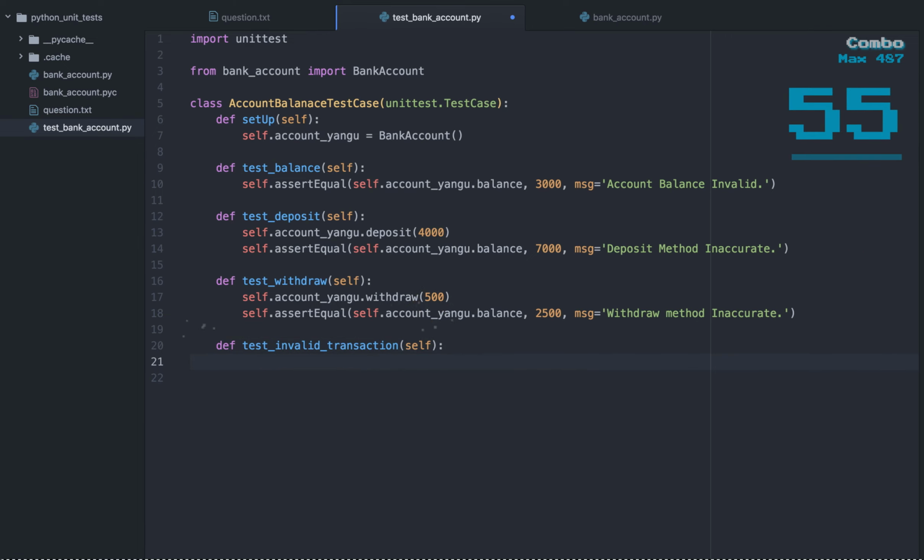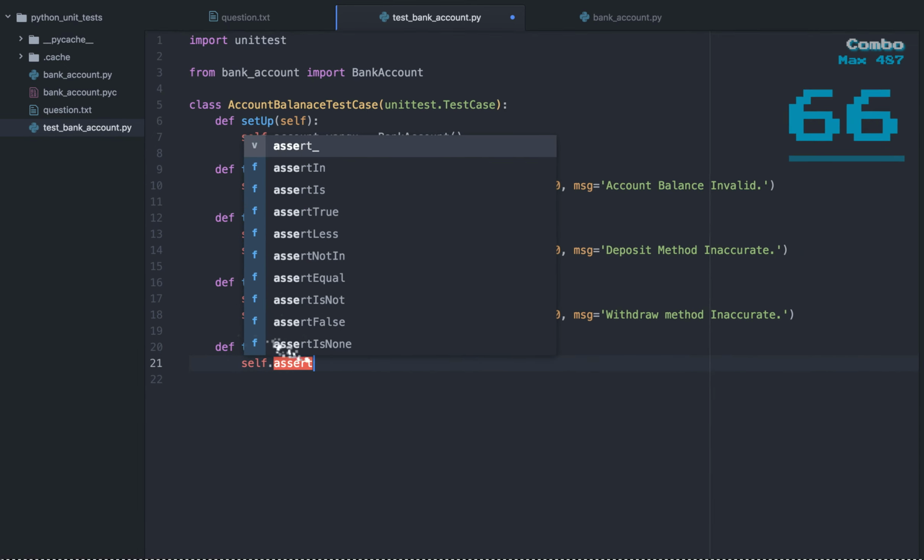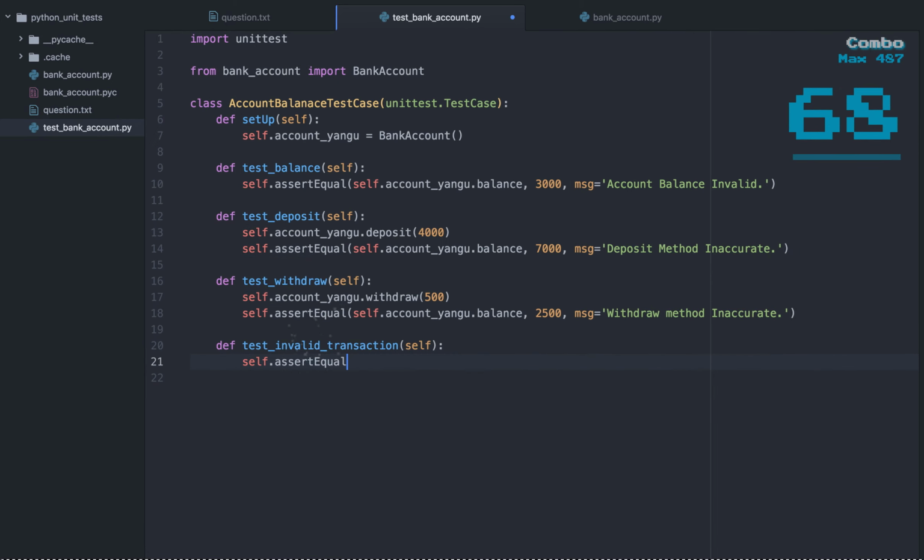So we'll use the assert equal method, and then it will be self dot account yangu dot balance, or rather dot withdraw,